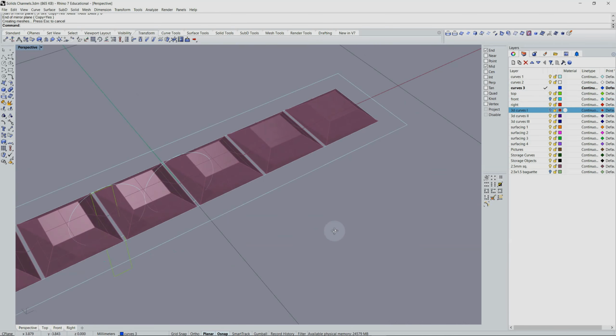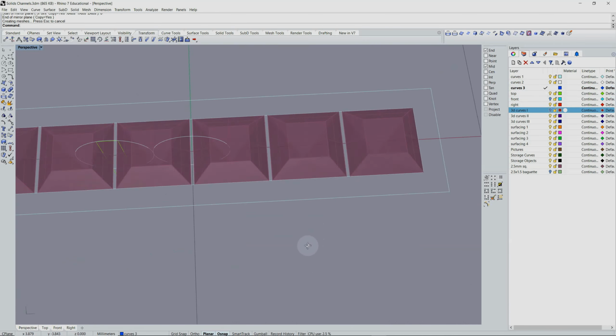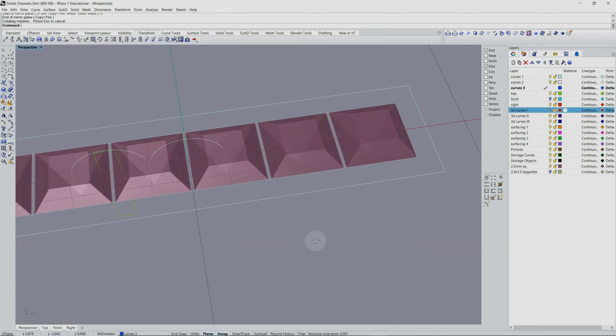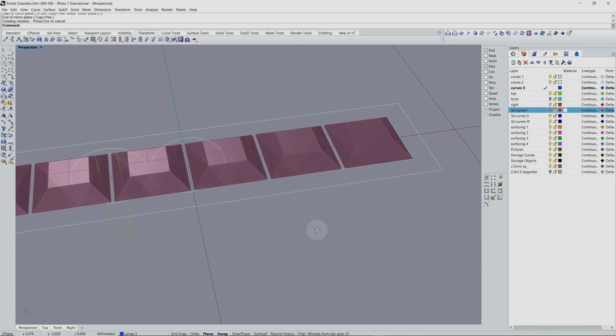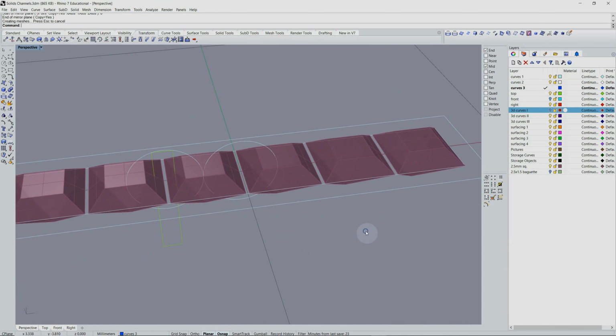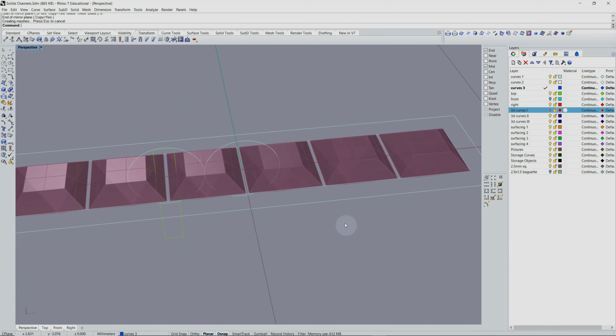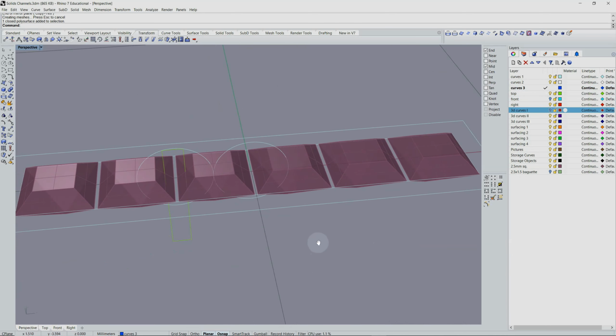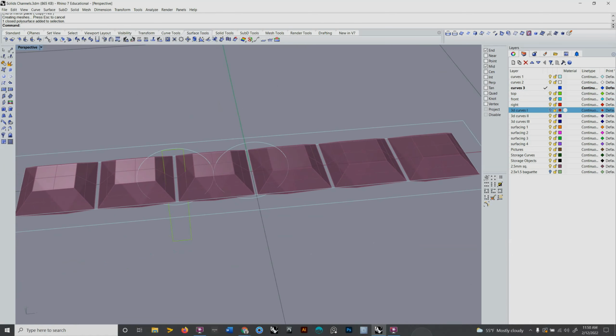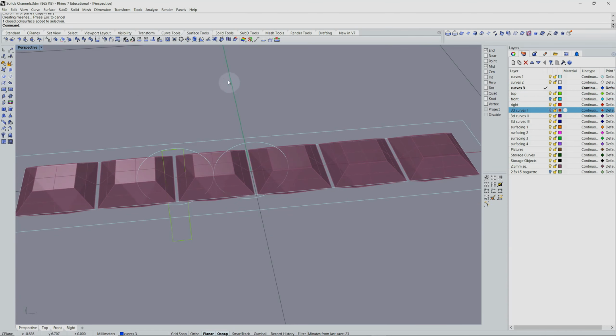The tools I will use to get this cross section are a cutting plane and an object intersection curve. For my cutting plane, I'll need to make sure I have my mid-snap active. I'll find the command on the Surface Tools tab off the toolbar on the left. I'm going to select Cutting Plane. The object for my cutting plane will be the stone to the right of center, so select it and hit Enter